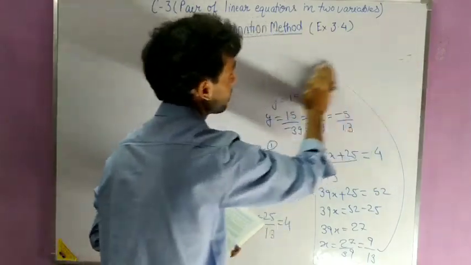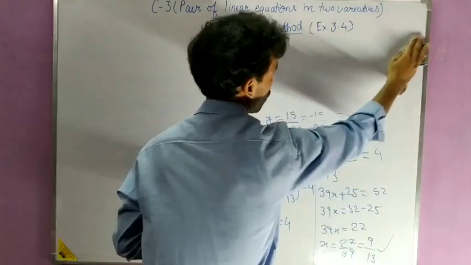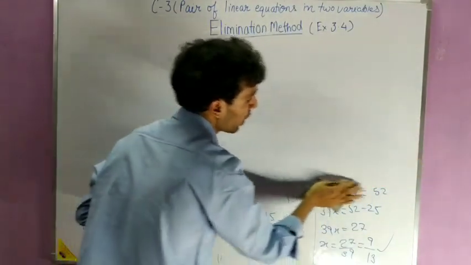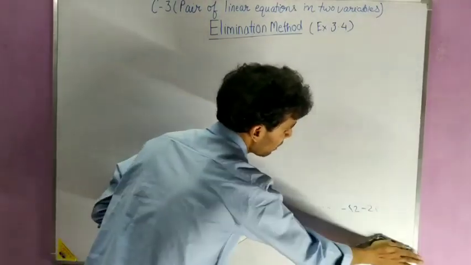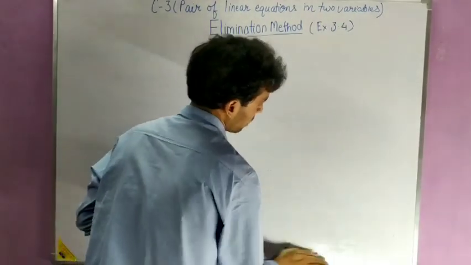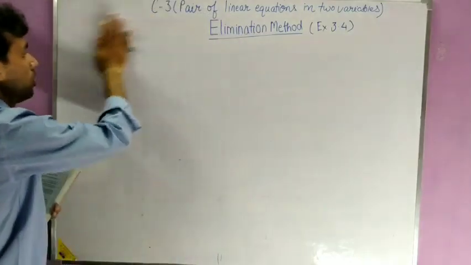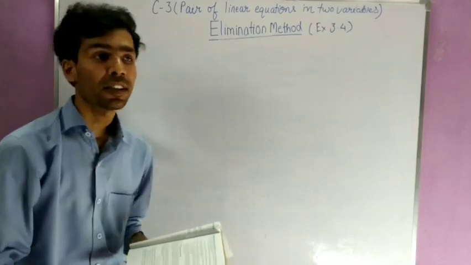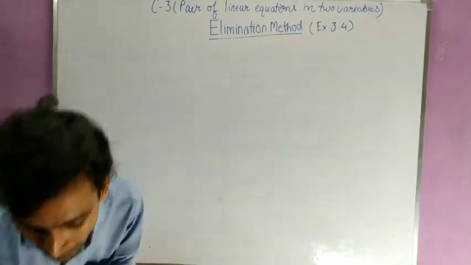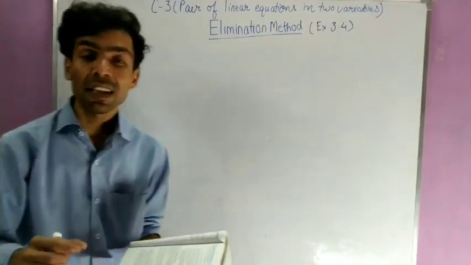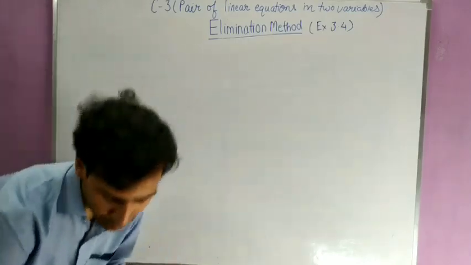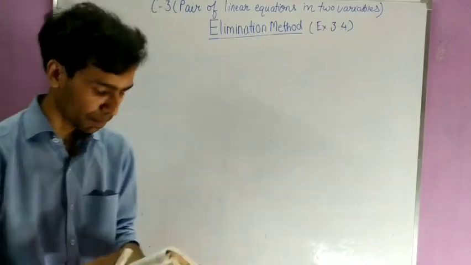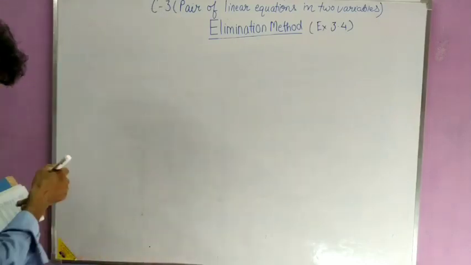When you will solve, because in this 3.4 question number 1, it is written that you have to solve pair of linear equation by substitution method also and elimination method also. So substitution method you already know, so you can solve, and elimination method you have already studied in this part of the video. So by both method you can solve. Answer will come same by any method. Whatever method you will use, the answer will come same. Okay. So don't worry. Now part 4.